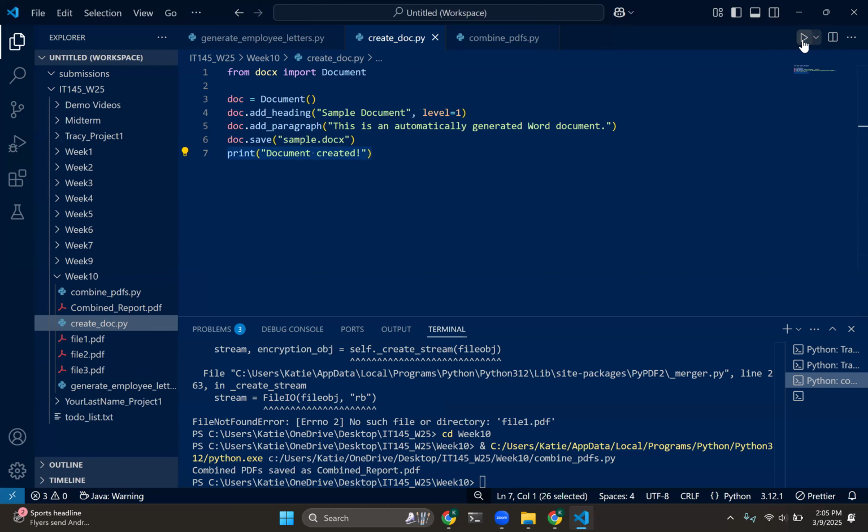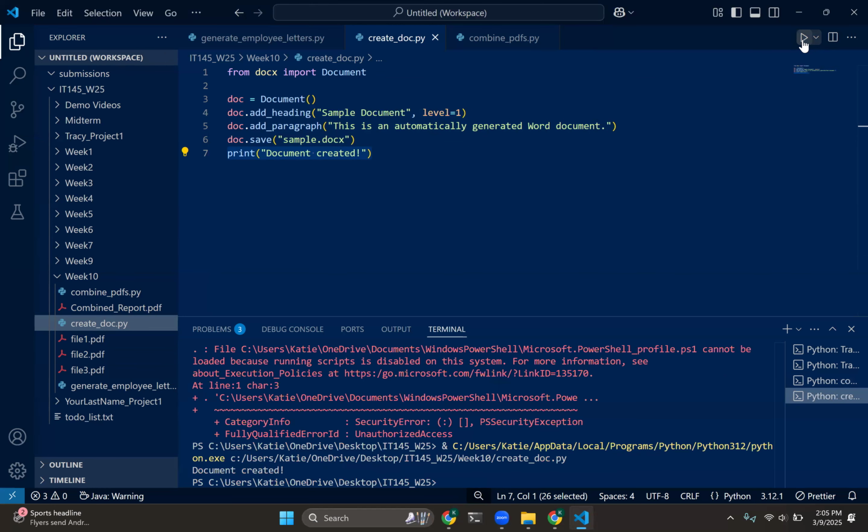Run the code, please. And it worked. If I wasn't in my week 10 directory, I would have gotten an error, but luckily I was. So it said document created, and we should see, oh, sample.docx was actually generated and placed within my IT 145 winter 25